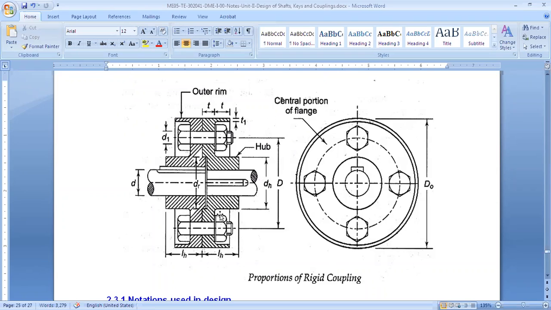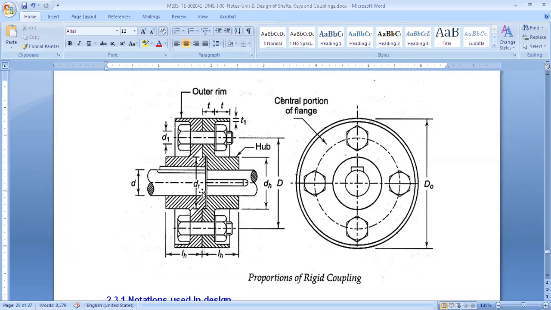Okay. So now we know D is the diameter of the shaft, input and output. Then there is a key, and then there are three parts: hub, flange, and nuts and bolts. Right. So now we'll go through the different dimensions, and then we will try to find out those dimensions in the design part. Right. Now, what are the different dimensions?